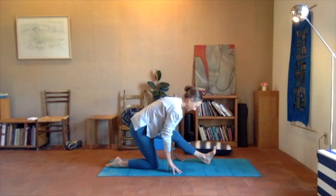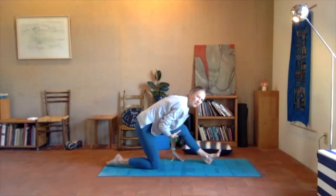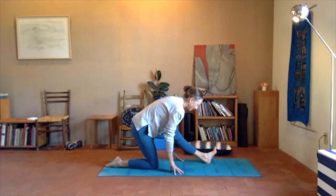That's it. Good. So this can be quite an intense stretch, so breathe into it. Find a comfortable stretch, so we don't want to be really grimacing here. Good, inhale, exhale. Then let the foot off the gas a little and slowly take the foot to the left